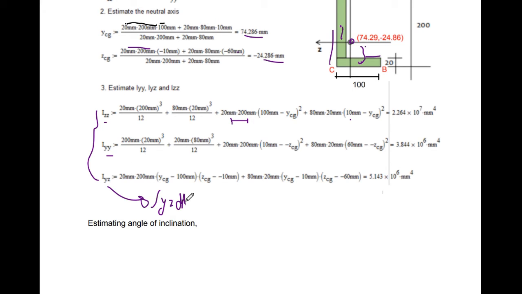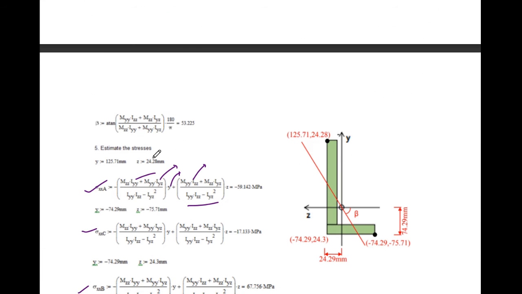So here y dA is this into y and z, this is yz, this is also yz, here is also a distance from neutral axis. So we got a summation, adding both for both beams we get our Iyz. So now we need to find beta, the angle of inclination. The formula for angle of inclination is tan inverse of this whole term.